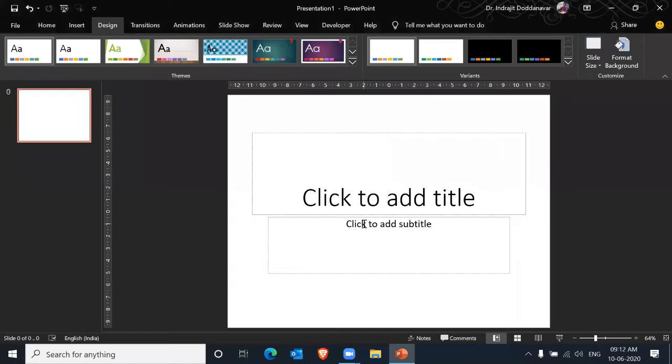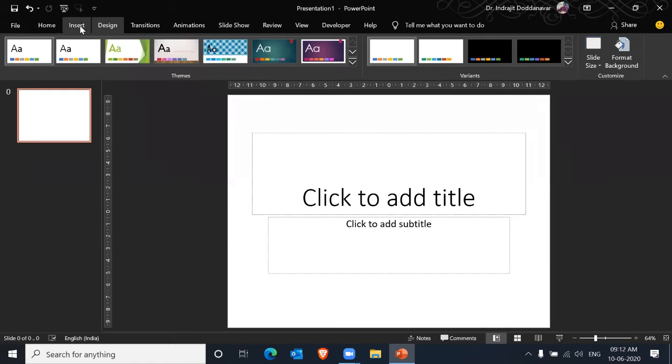So you click OK. When you click OK, you see nothing has happened, but in the background we have already given the command for PowerPoint to do a particular sequence in a particular way, right? Then the next step would be we will have to set some footers. Always when you set a footer and give information on your screen, it would be very good. It would look like a standard presentation.